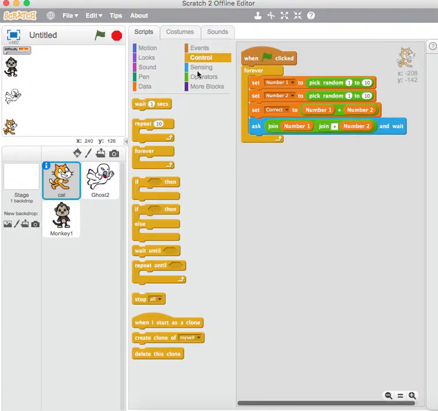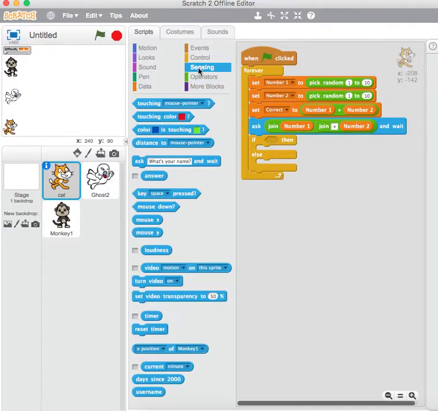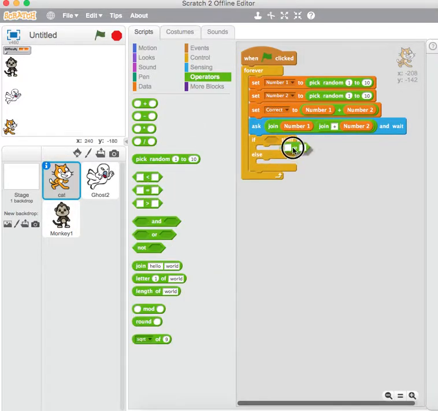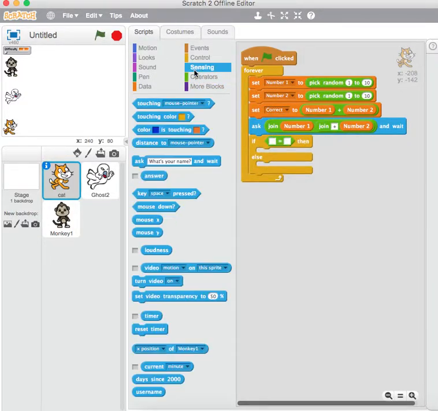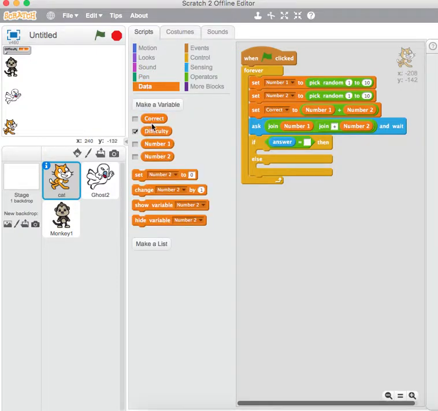After that, I'm going to go to control again, and I'm going to get out this if then else block. I'm going to put it inside the forever loop. So if the answer is correct, so that's what we're trying to do. So we're going to put an equal, and we're going to go to sensing and put the answer. So ask, and then you get the answer. That's the one you're going to be typing in. And if it's correct, so you're going to get it from here,